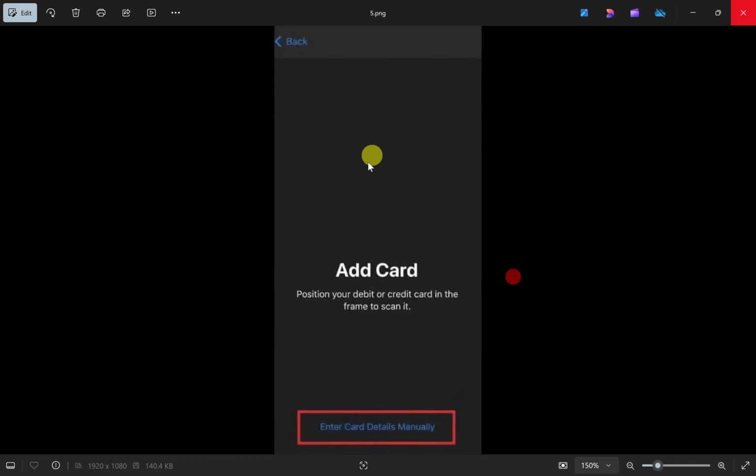Click on that, and then this will show you this interface where you can scan your card and it will automatically enter the details. But you can also click on this enter card details manually to enter your card details by yourself. So simply choose any of them and then enter your card details, and your Venmo will be linked